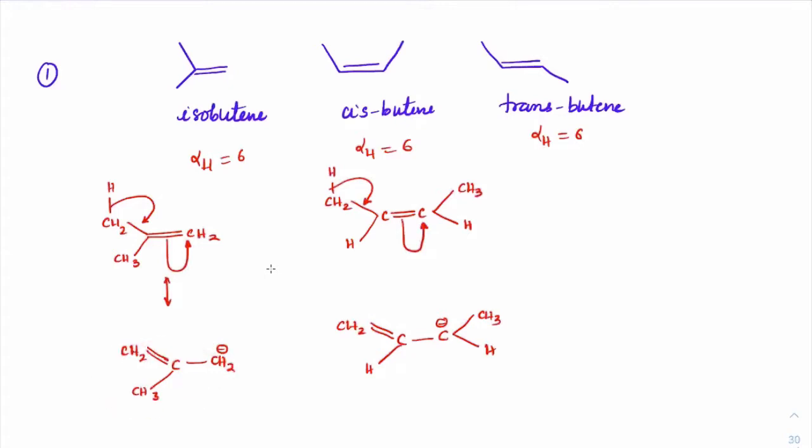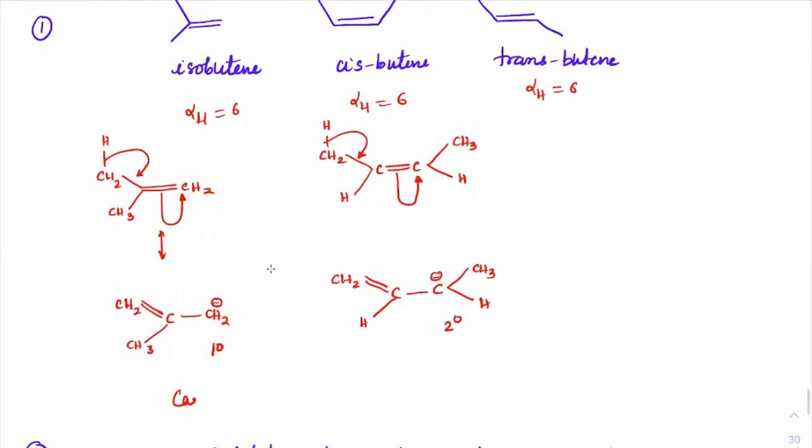So the intermediate which has formed for stabilizing, if you see here, it is a 1 degree carbon, here it is a 2 degree carbon. So if you compare 1 degree and 2 degree anions, which is more stable? 1 degree, right? For carbanions, smaller degree is always more stable. Here 1 degree is more stable than 2 degree, then 3 degree, and so on. When it comes to carbocations, 3 degree is more stable than 2 degree than 1 degree. We have learned that from the inductive effect.